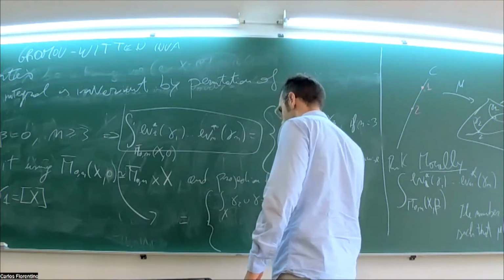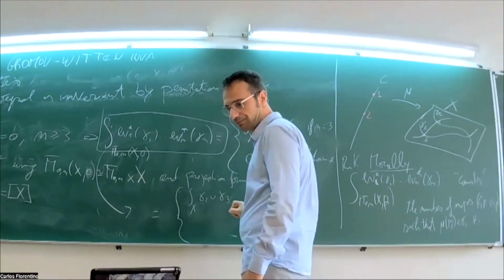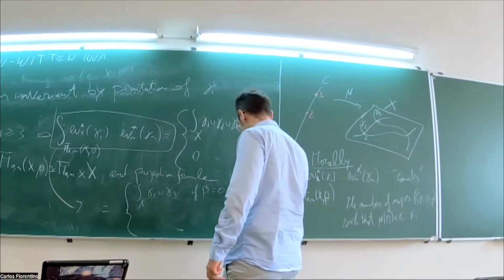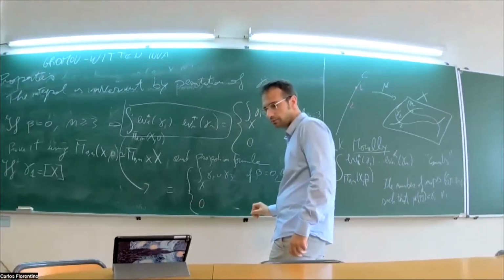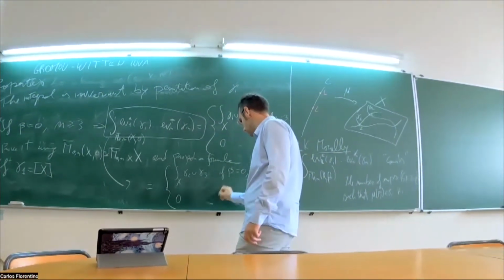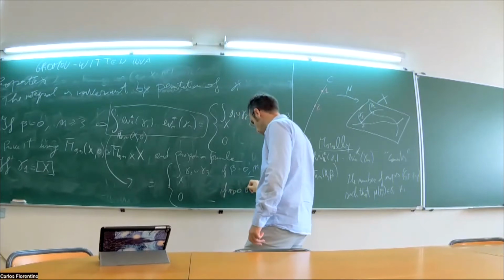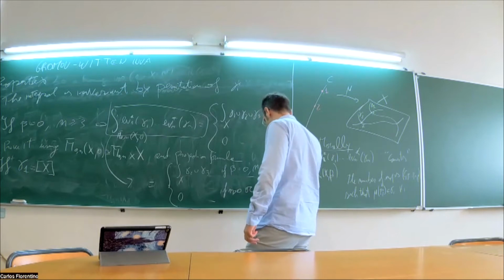if beta is equal to 0 and n equals 3, and 0 if n or beta is